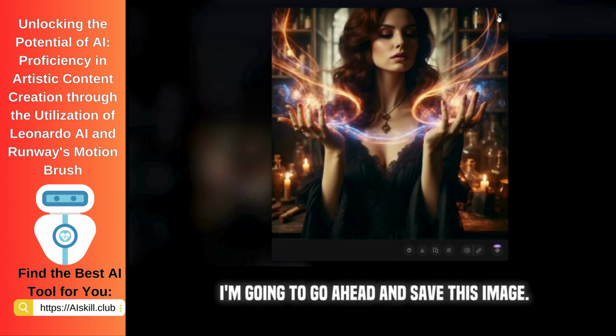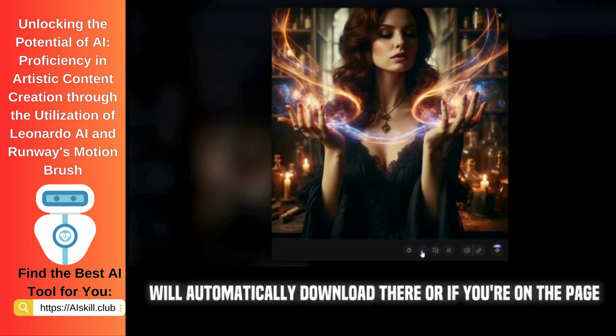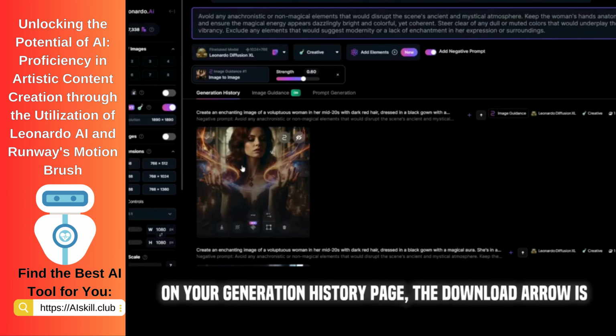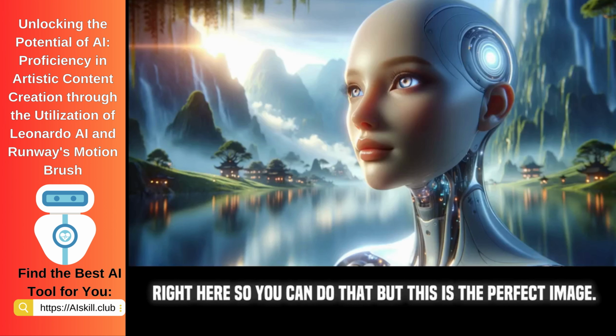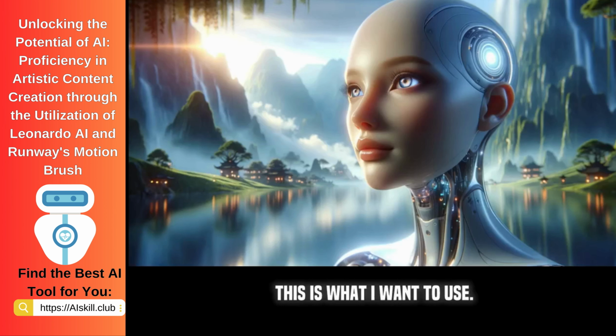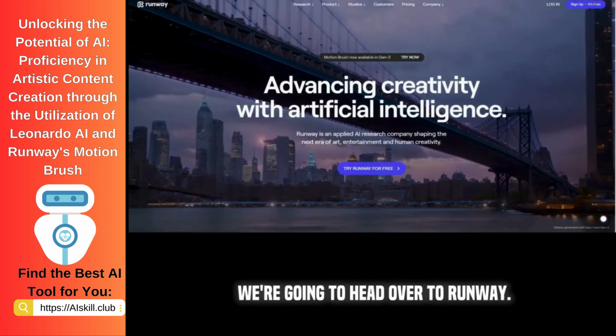So I'm going to go ahead and save this image. All I have to do is come down here to the download image and it will automatically download there. Or if you're on your generation history page, the download arrow is right here. So you can do that. But this is the perfect image. This is what I want to use. All right, so now that we have our perfect image, we're going to head over to